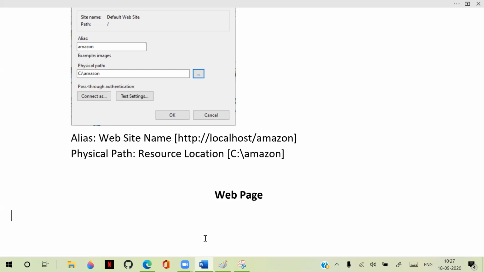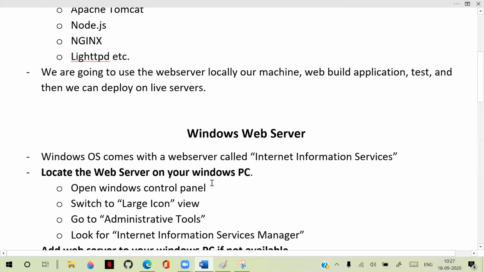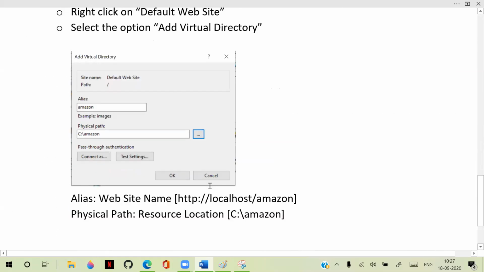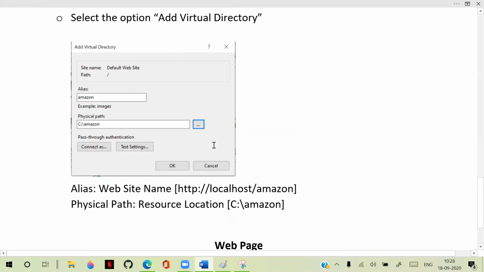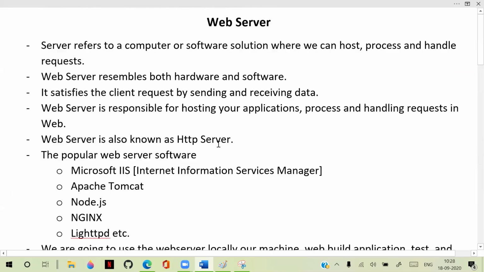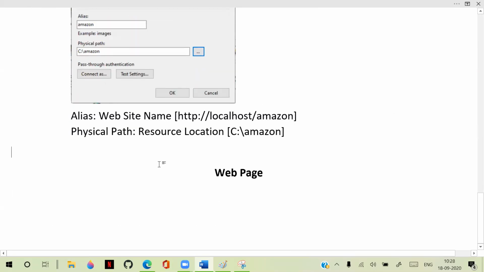And tomorrow, first you try this, whatever we discussed today, and let me know tomorrow if you are able to do this successfully. I will share every note on GitHub. Already I am sharing every day, right? So you first try this today, and if you are successful in creating the server and the website,